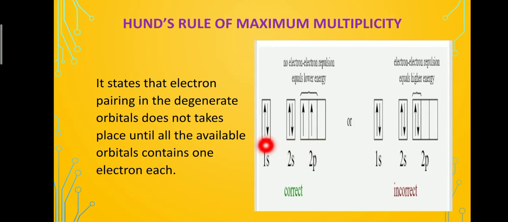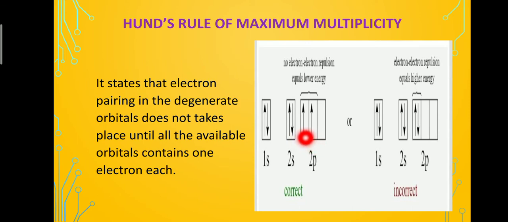While filling electrons, in the 1s level there is only one orbital, there is no degeneracy. So if you have 2 electrons, we have to fill both in the same orbital. Same way for the 2s. After filling this, we have two more electrons. Here we are taking the example of atomic number 6. After filling 4 electrons, we have 2 electrons left. First we fill 1 electron in the 2px orbital, and we are left with one more electron, which we have to fill in the next degenerate level.